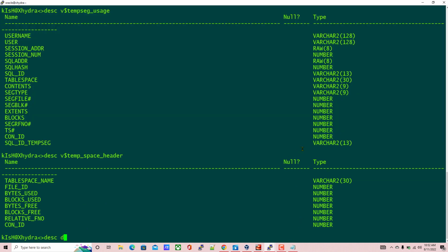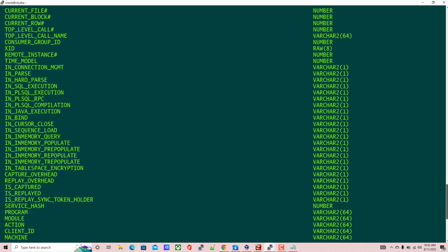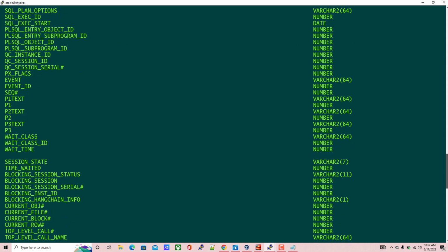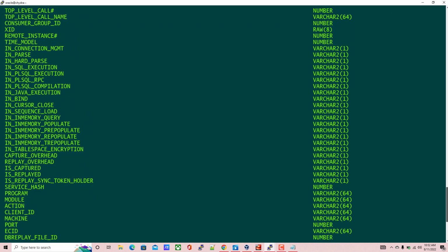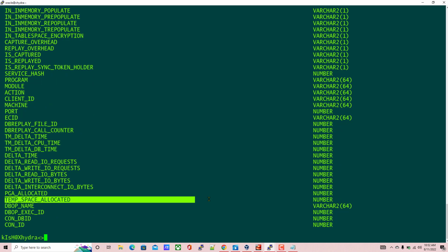to check the history of the temporary tablespace usage, you can use DBA_HIST_ACTIVE_SESS_HISTORY. Here you will have a column called TEMP_SPACE_ALLOCATED. This is the column which gives you the history of the sorting on the temporary tablespace. Okay,